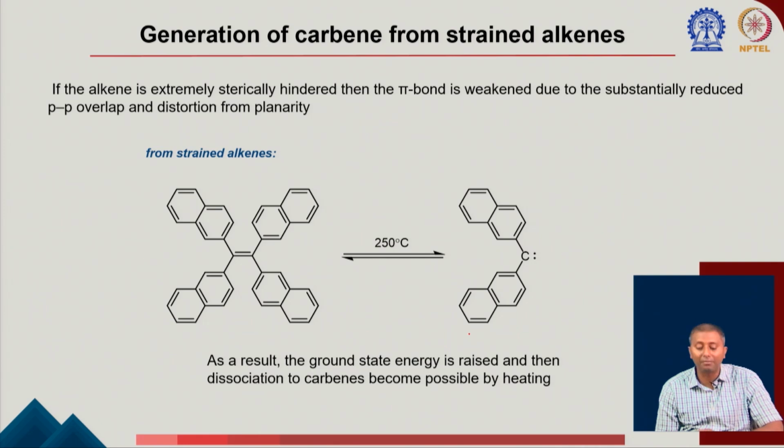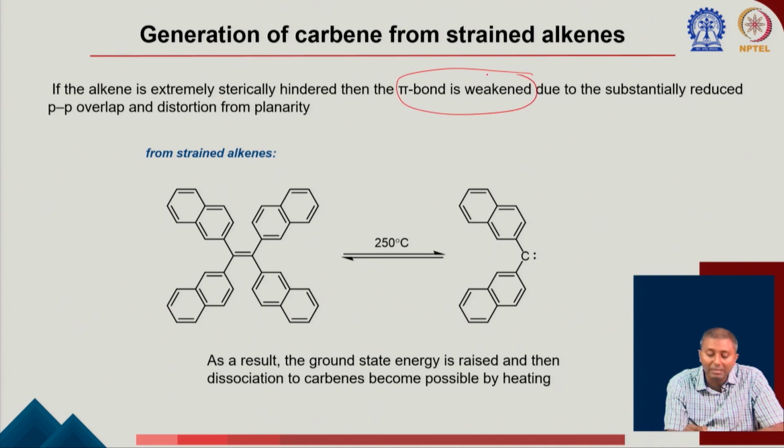So, here is the final example: if you have a strained alkene, because of the steric effects, this pi bond becomes weakened because of the steric repulsion of these two different groups. Okay, because the overlap of the p orbitals gets disturbed because of the planarity issue. As a result, the energy gets raised, so after heating this particular compound, it forms